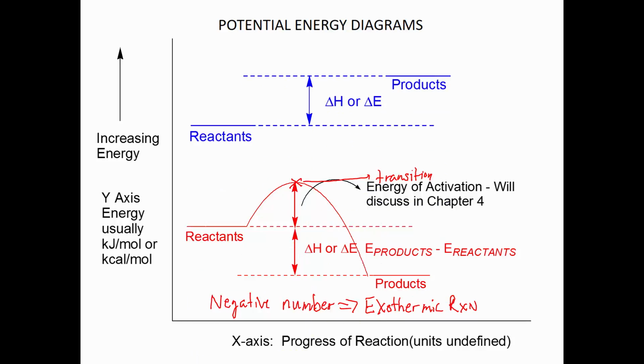Up here we have an endothermic reaction, and the difference here is that the products are higher in energy than the reactants. Okay, so we have to put heat in the system to make an endothermic reaction proceed. Okay, and these also have activation energies as well. Most of the reactions that work, however, are exothermic. Okay, and we're going to see many examples of exothermic reactions as we proceed in this class. Okay, so let's look at